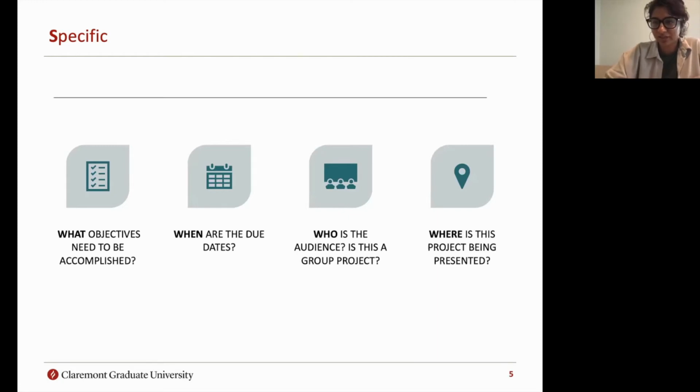Something simple is, when are the due dates? This goes into the official due dates that are set up for you, as well as the soft deadlines that you're going to be setting up for yourself. You want to also keep in mind any interim due dates; if you're working on a semester paper, your professor might be asking for something midway through. All of these deadlines are important to note down before you start breaking down your smaller goals.